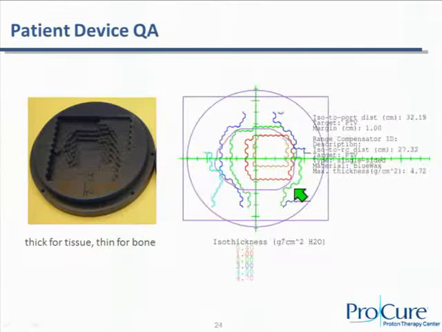Okay, so what I'm showing here is a wax compensator. This is a prostate wax compensator. You can see that it's thick for tissue around the bone, the femoral heads. Just imagine that you're riding along the beam, seeing the femoral heads, and it has the least amount of